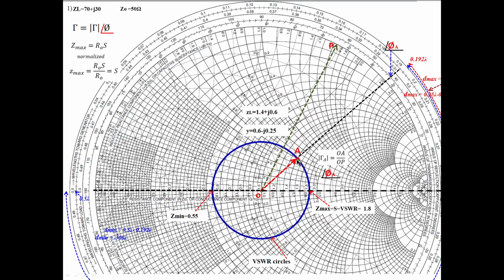Start from here, the load point, we stop wherever it cuts the right side here and read the impedance, that is the maximum impedance, and it is also equal to VSWR. Next, you move further like this and stop wherever it intersects the left side of the Smith chart, the horizontal line. You stop here, read the impedance, it is a resistance circle value and a reactance circle value.